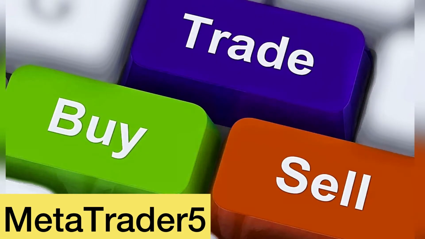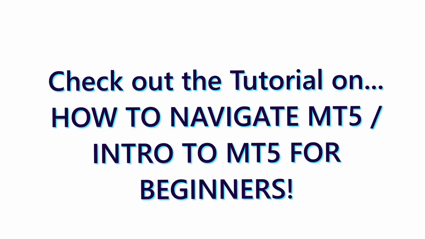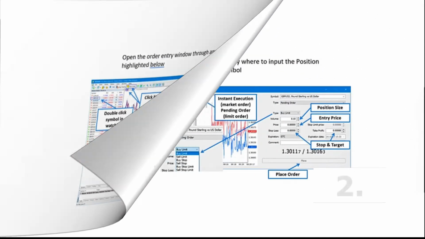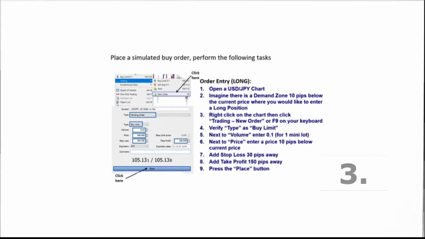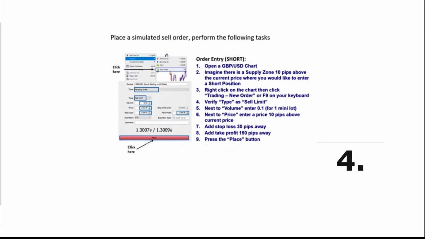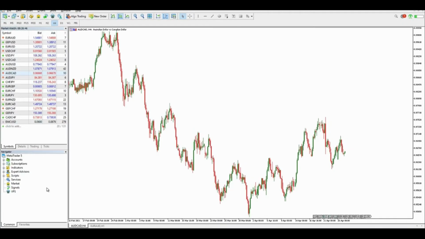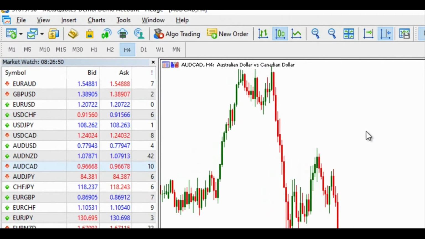Today I'll be talking about buying and selling in MT5, that is order placements and execution in MetaTrader 5, as promised in my first video. If you haven't watched that yet, please go check it out. And now we're gonna go to the trading platform and actually simulate placing an order in any particular demand or supply zone. So here we are on the MT5 platform, and we have the Aussie CAD currency pair using the